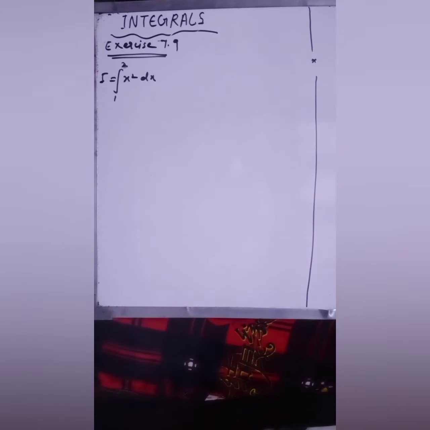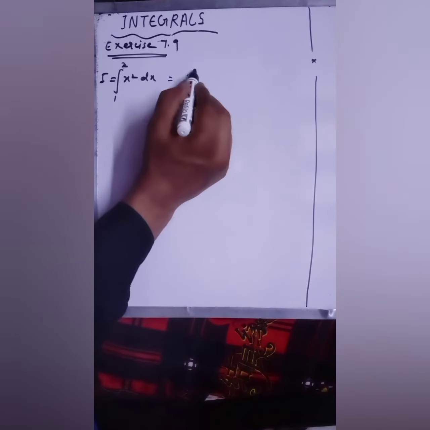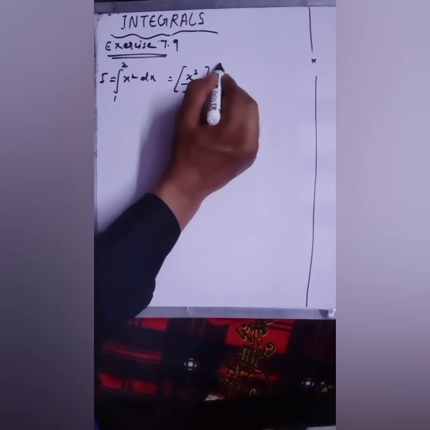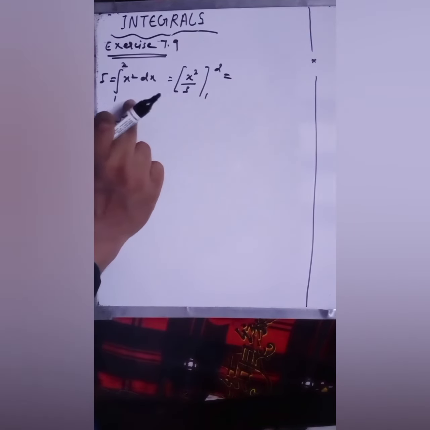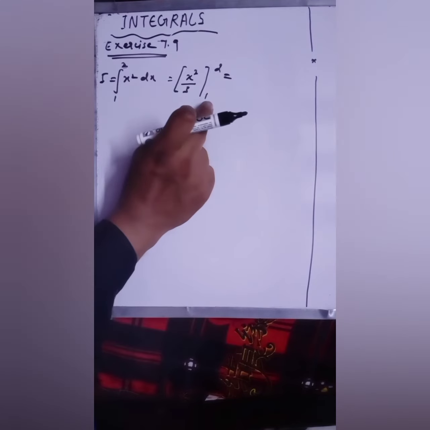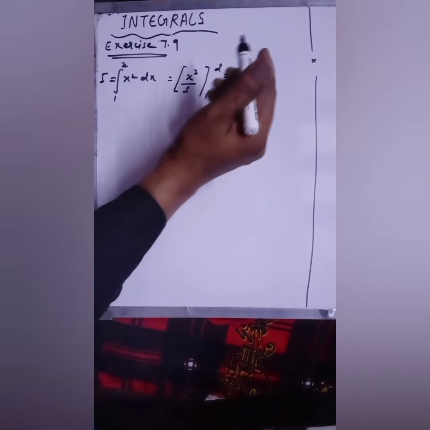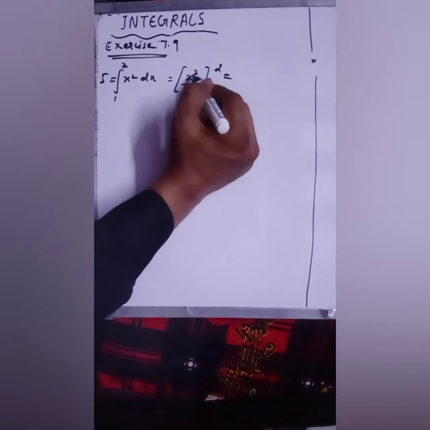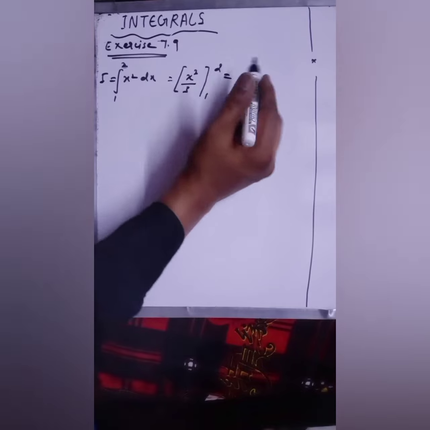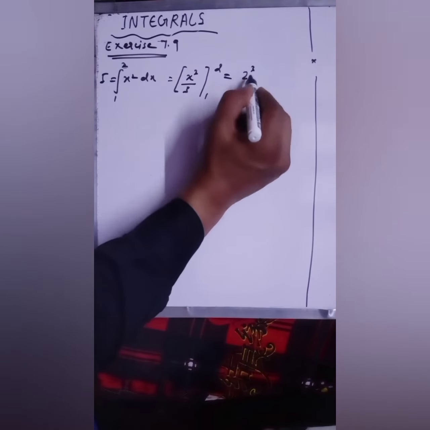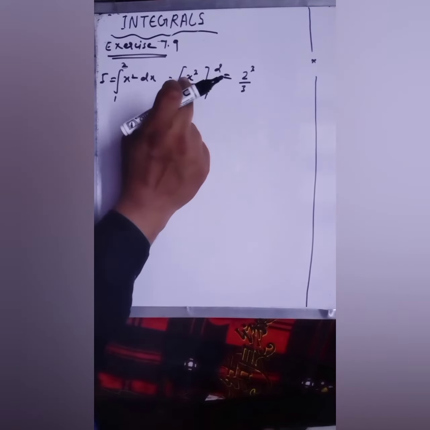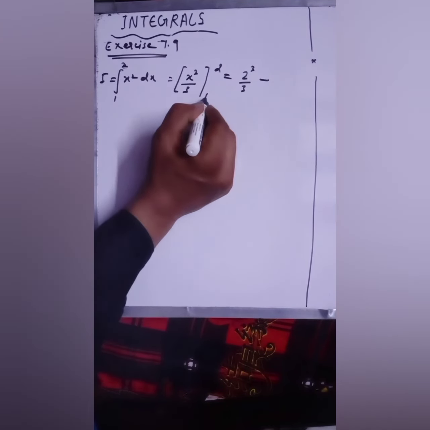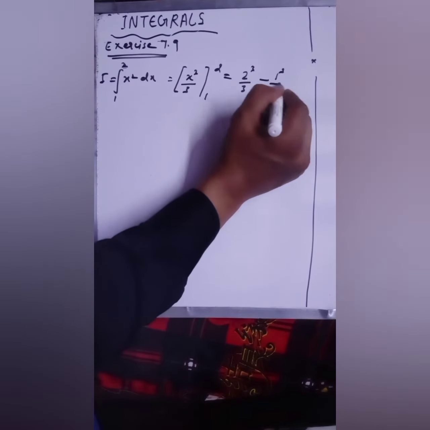The way of doing it is the same. First of all, we will integrate this, so you will get x cube by 3. Okay, and with this sign you have to use 1 and 2. We show the limits like this after integrating. Now first of all you have to put the value of x. In place of x, I am putting the upper limit, that is 2. So you will get 2 cube over 3. Then minus sign, and then you have to put this value. It is 1 cube over 3.